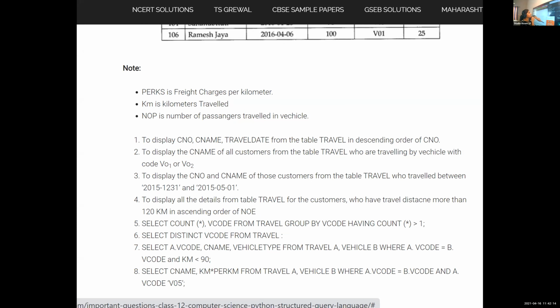Sharath, once it is over, just tell me. Only the second question you need to do. You write the question and answer.